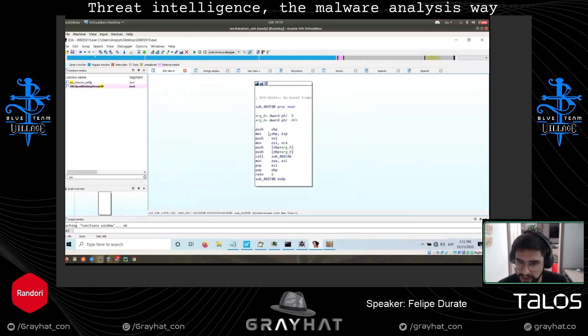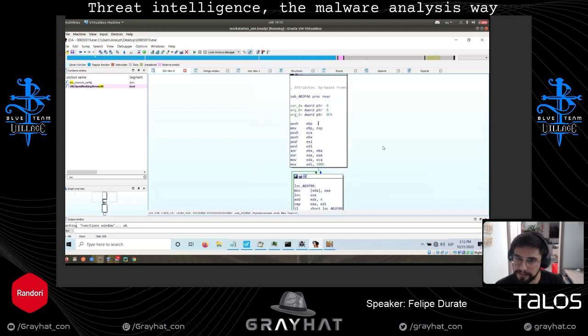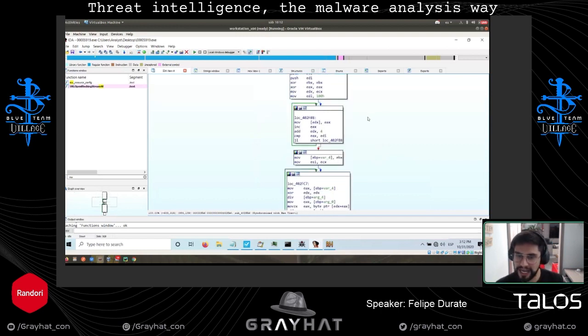Actually, if you see, it's kind of a wrapper because it receives some arguments, and those arguments are pushed again to a new function and returned. So there is not a real logic here. It's kind of a wrapper. So let's see what the actual function that gets called is. And it's this one. This is the function that was called at the end.